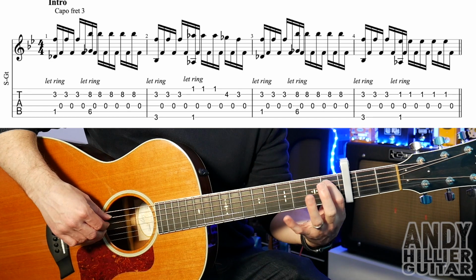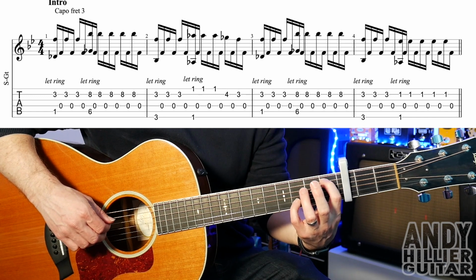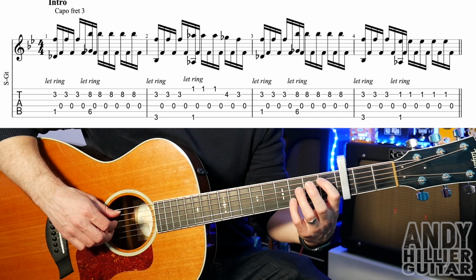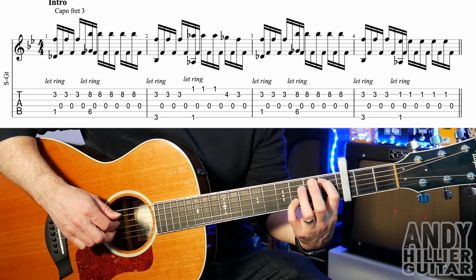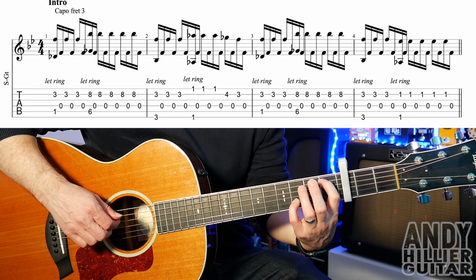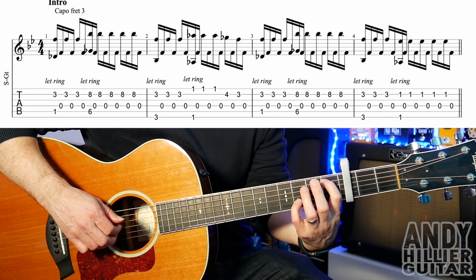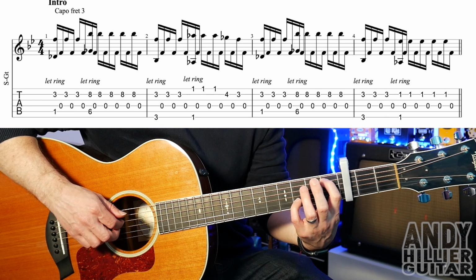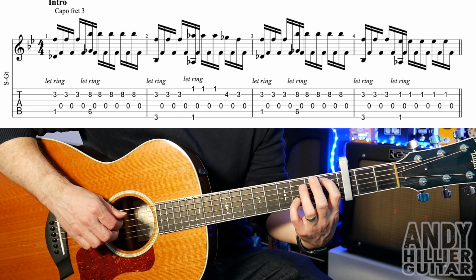So for that, we're going to start with the first finger on A1, and I'm using my little finger on B3. And we're going to play the A string and the B string at the same time. I'm using my thumb, and then I'm using my third finger. And then I'm going to play the open D string with my index finger. So it goes. And then you're just going to jump between the B string and the D, the B string and the D. So from the beginning you've got...